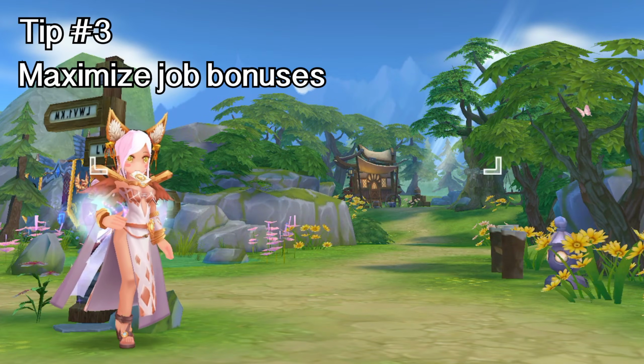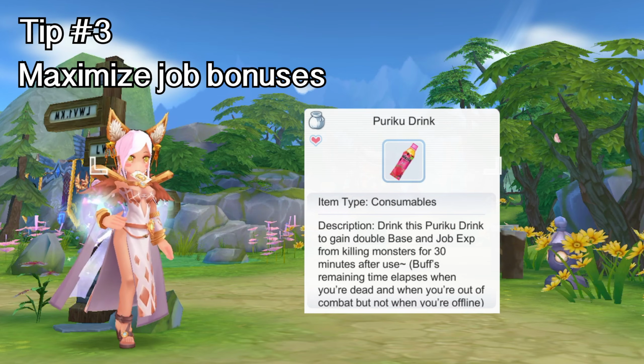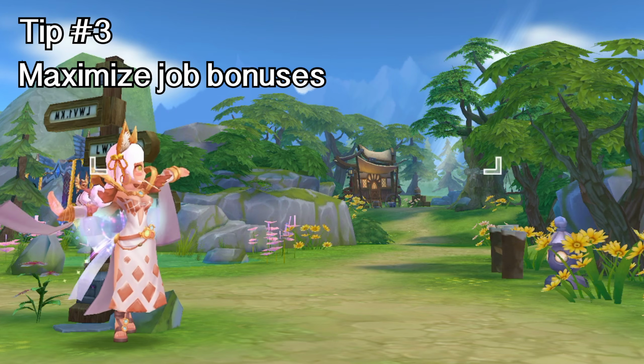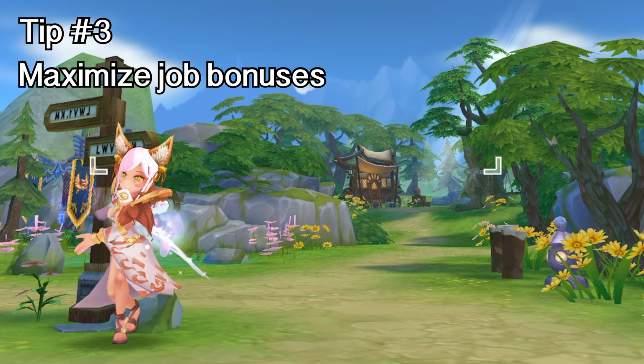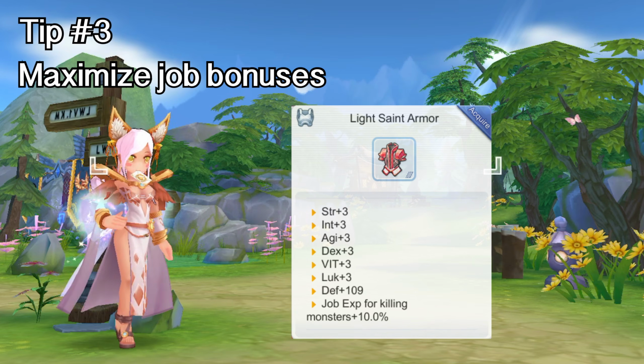Tip number 3. Use items that increase job EXP for faster leveling up, such as the Pouring Growth Panacea and Purico Drink. You may also consider swapping some of your equipment for Saint items which give bonus EXP, provided that you still have enough firepower to one-hit the mobs you're farming. Examples are the Light Saint Shield, Light Saint Cape, and Light Saint Armor, which in total can give 30% bonus